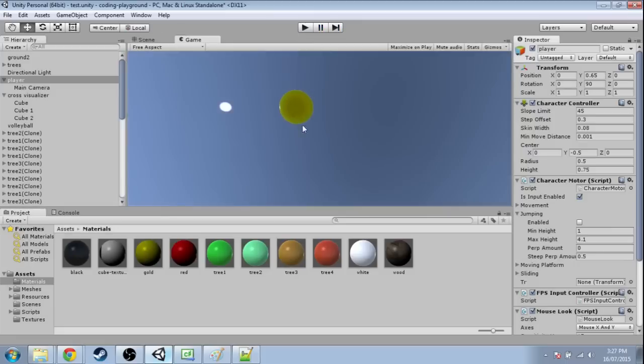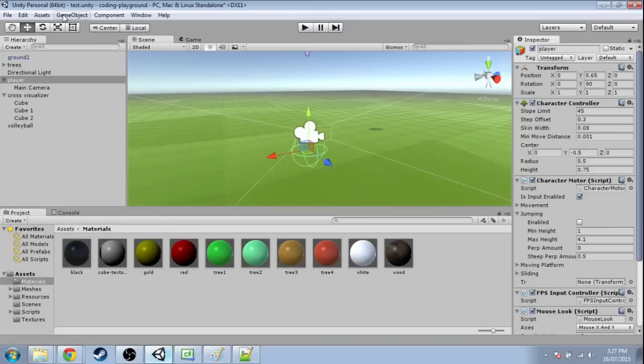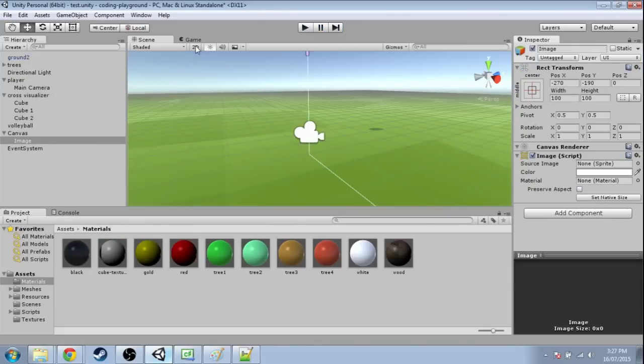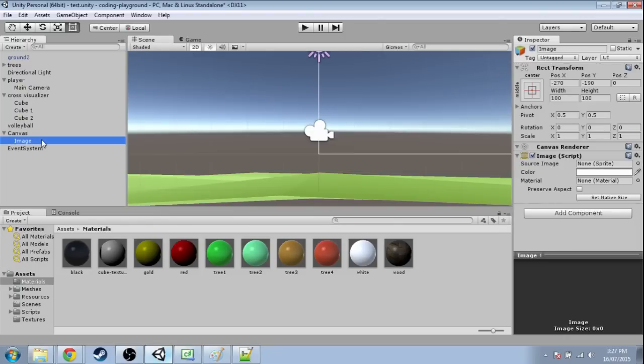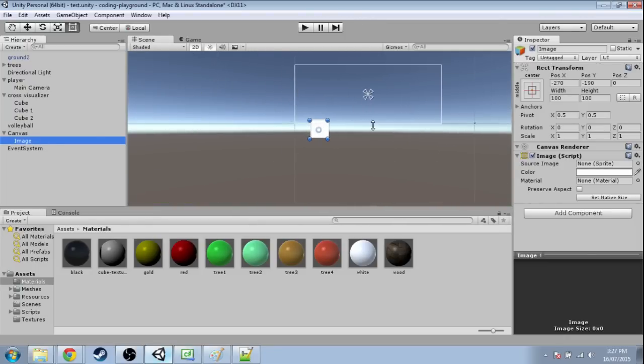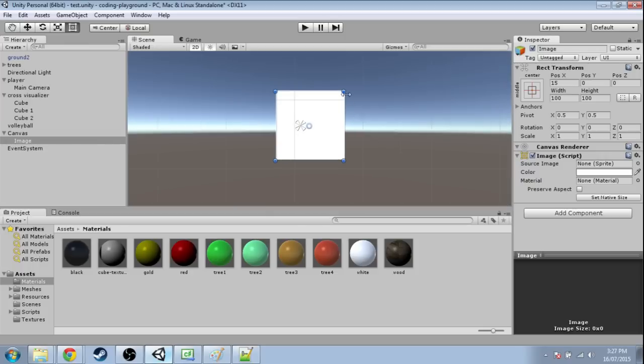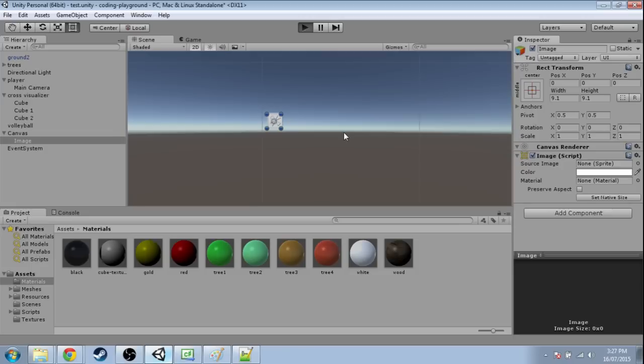I'm going to add a crosshair to the screen. Game object, UI, image. Maybe click 2D. Double click image. Scroll out. So I'm going to make this white square a lot smaller. I'm going to hold shift so it keeps aspect ratio. Make it really tiny. Zoom up. Right in the center. So now when I press play,